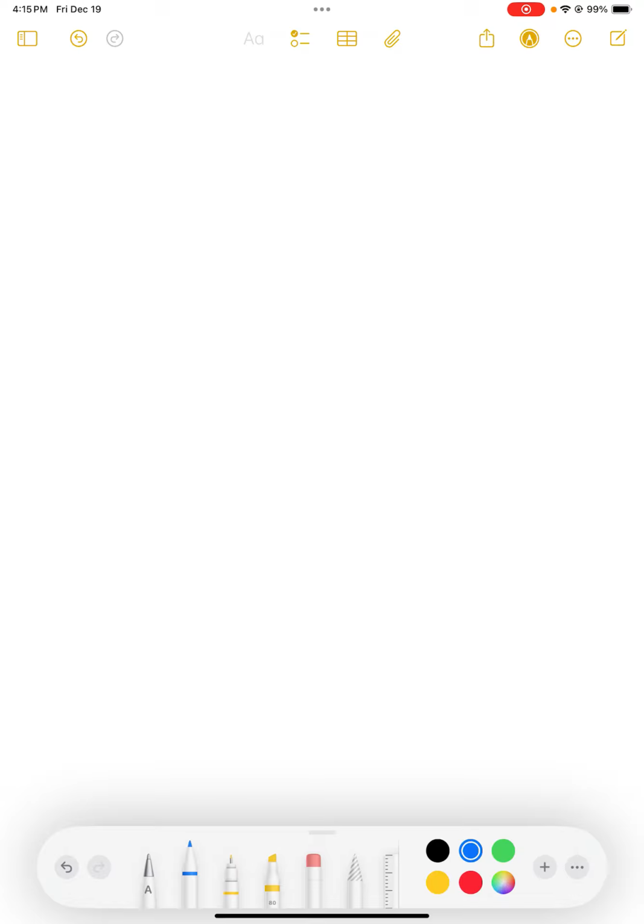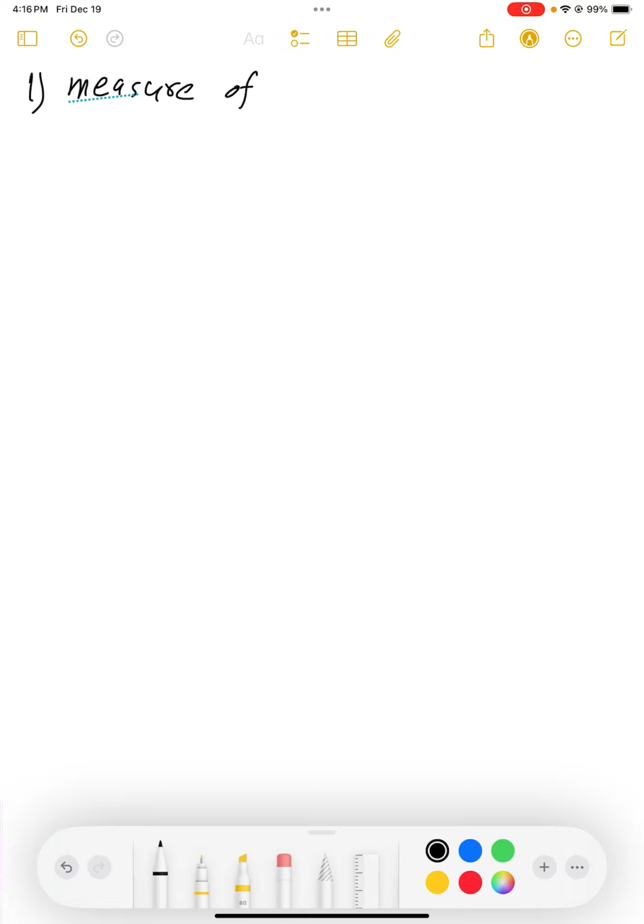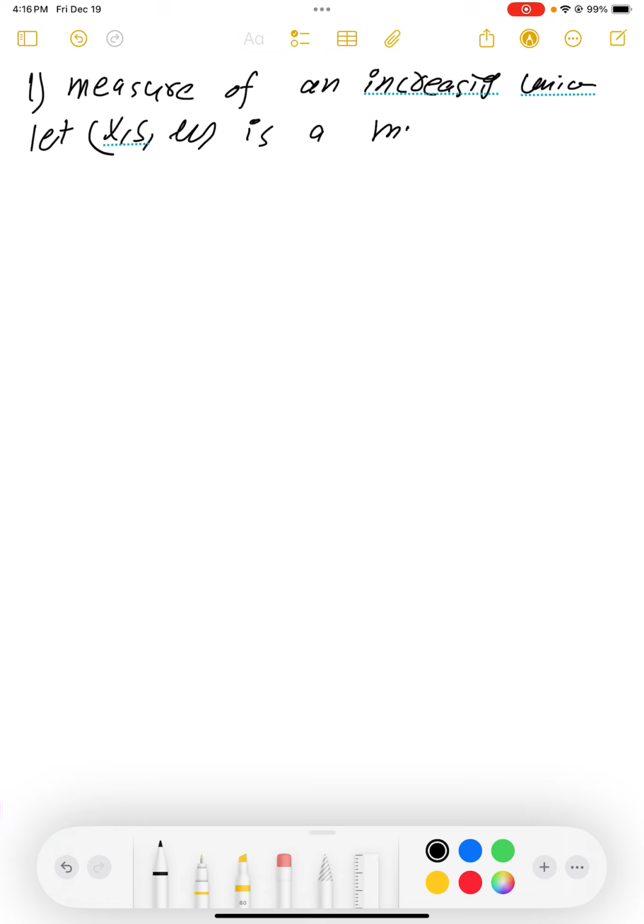So today we are gonna prove two most important theorems. Okay, so far. So the first theorem is called measure of an increasing union. Okay, so standard setting of the theorem is let (X, S, mu) be a measure space